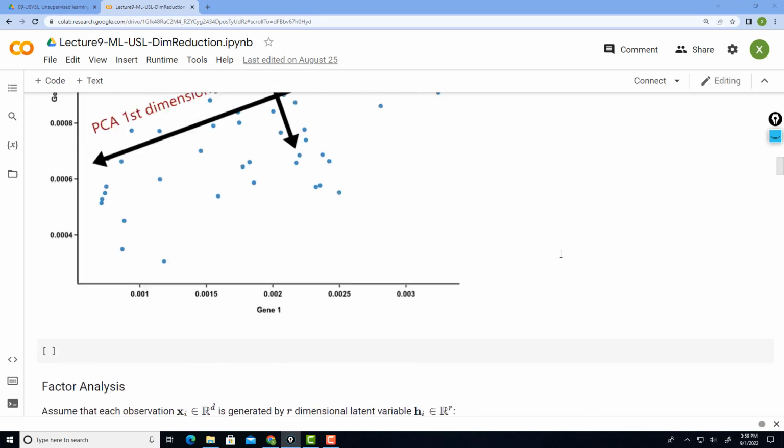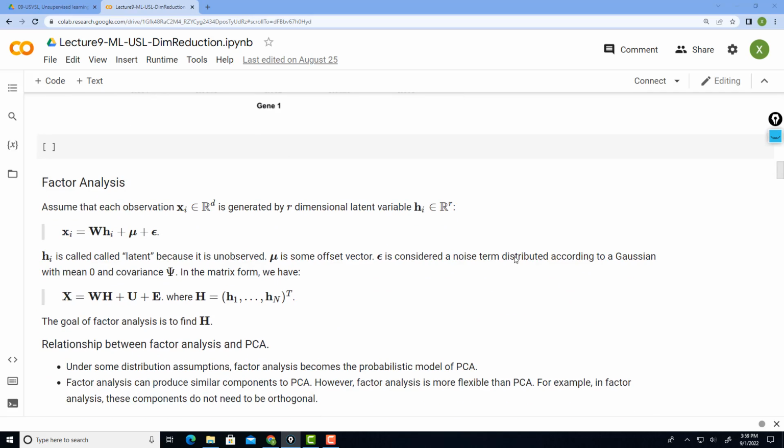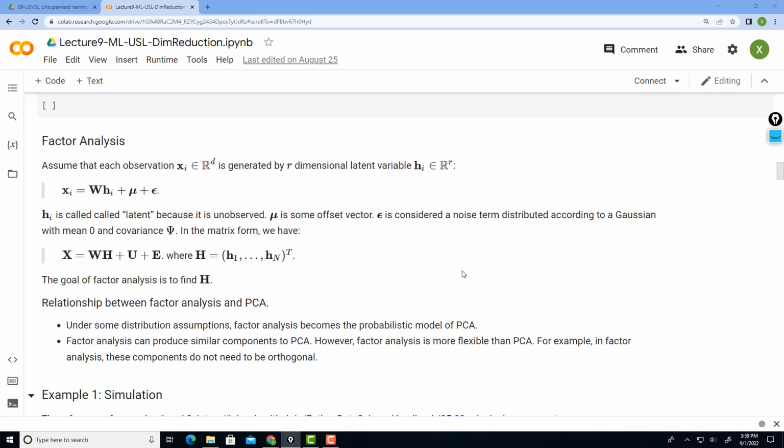So this is a deterministic way of introducing the principal component analysis derivation. And there are also other ways to derive principal component analysis. One potential probabilistic model related to principal component analysis is known as factor analysis. Factor analysis is a generative model. Essentially, we are assuming that all the input observations or measurements come from functional relationships of underlying signals.